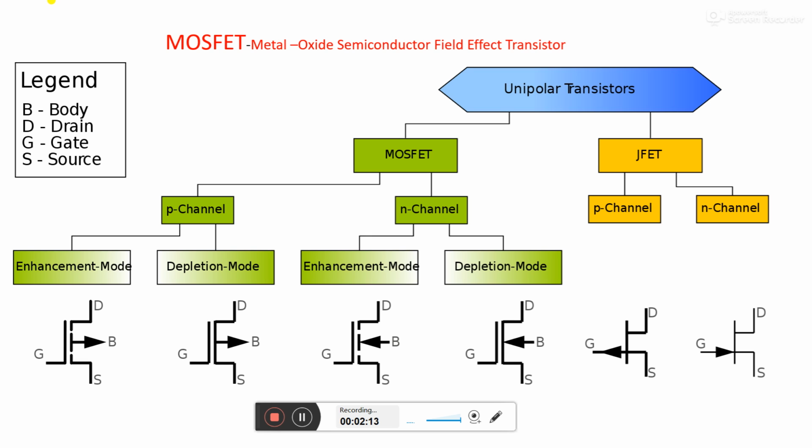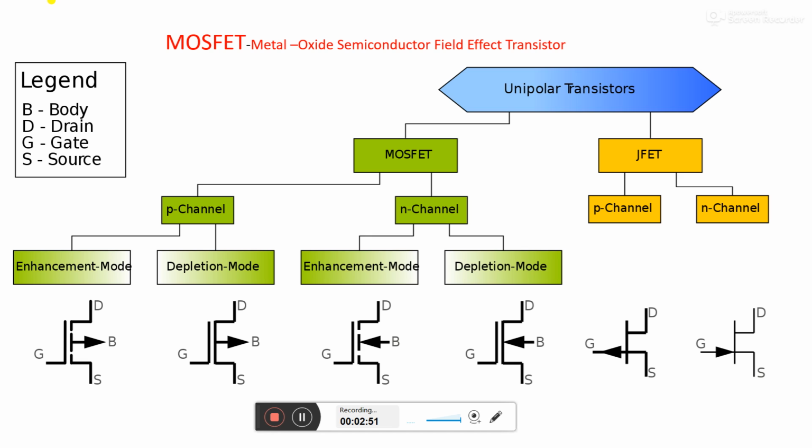It may be denoted by VP, VC or VGS off, cut off, like that. So to make it on, or to flow a current through it, we have to maintain the gate voltage in such a manner that it is less than the pinch off voltage. Then we go on increasing the drain voltage, so that the drain terminal becomes more positive compared to the source terminal. In such a situation, a controllable current flows within the channel,